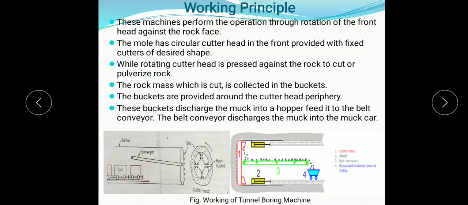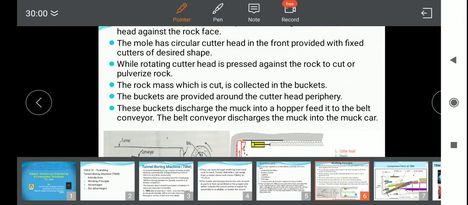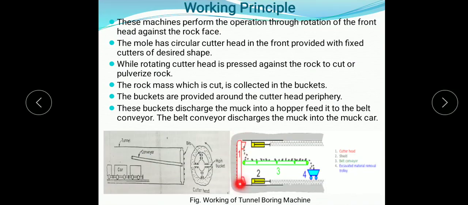These machines perform the operation through rotation of the front head against the rock face. So this is a rock face that we have to excavate. Here we can see this is a rock face.